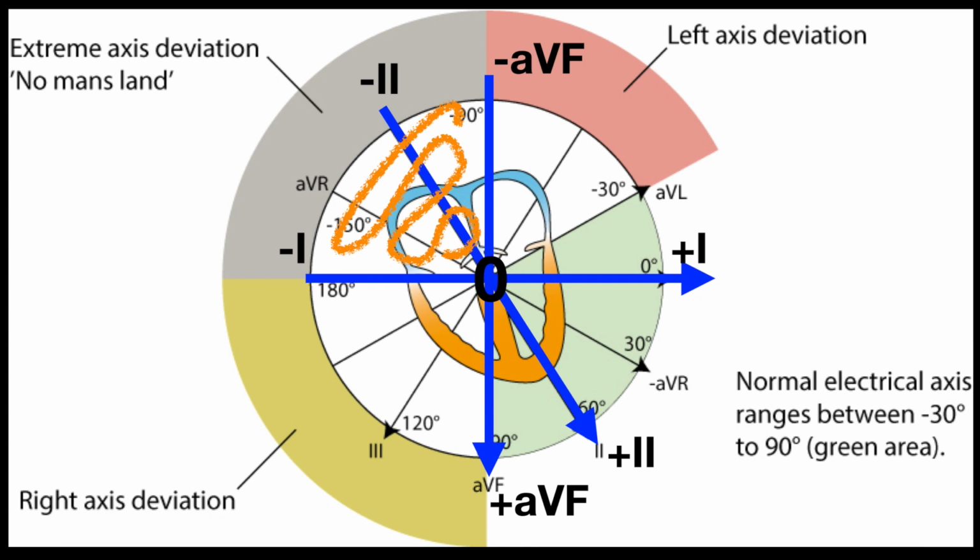So when we see that, again, even if you don't know anything else about it, just know that this part up here, based on whether the QRS is mostly positive or negative in these leads, says this is in this weird section, and that really shouldn't happen. Whenever I see that, my first thought is, did we mess up this EKG in the acquisition of it? We'll talk about it in a minute, but that gives us an axis somewhere in this way extreme axis deviation